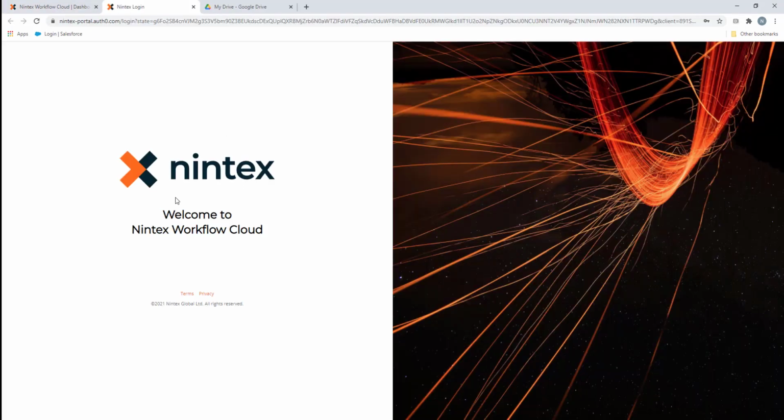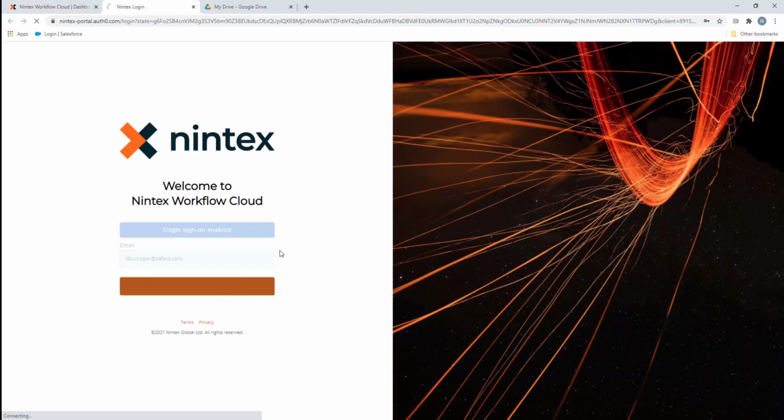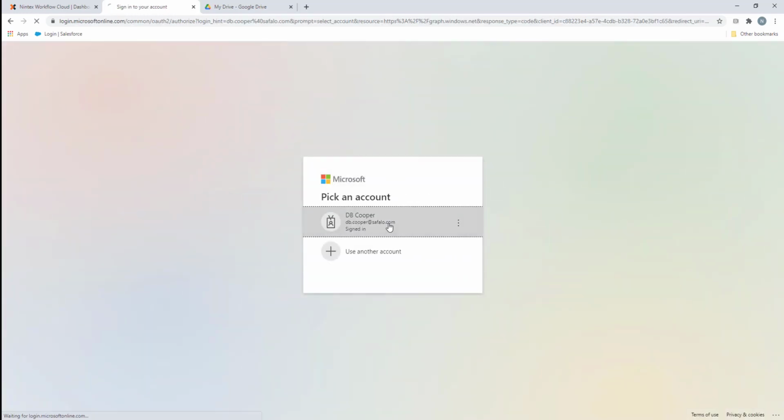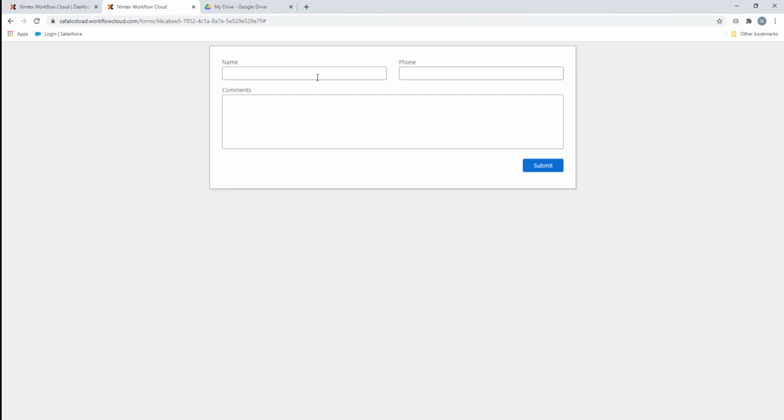So now that it's published, I'll open my form. I did an authenticated form on this, so this is going to require me to log in real quick. Now I can put a name, so let's put in my name, put in a phone number,